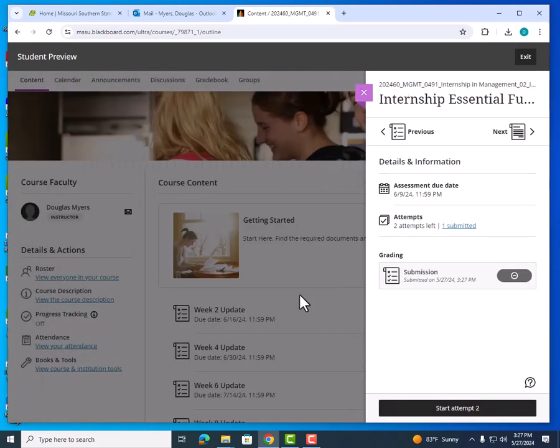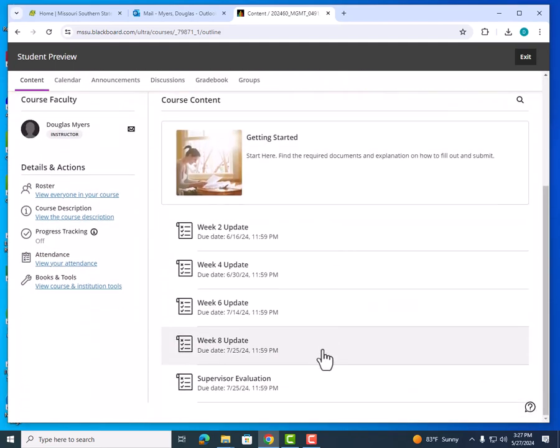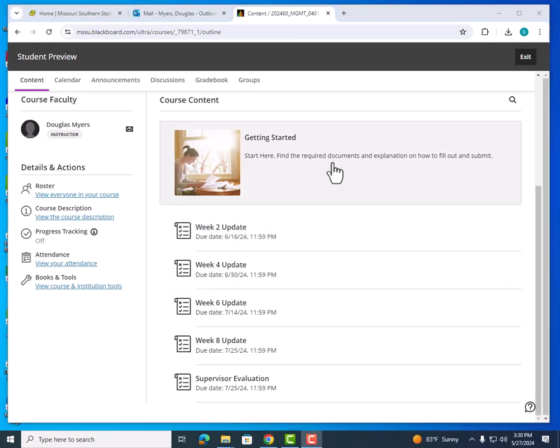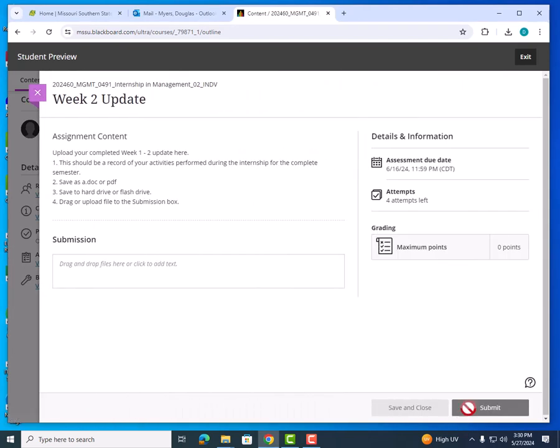And then I'm going to come over here. The last things I'm going to need to do is that from the rest of the semester, I'm going to have to upload updates on week 2, 4, 6, and 8. I won't show you how to upload the weekly updates except for the first one here. And so we'll click on the week 2 update. Again, I'm going to continue. I'm going to go find